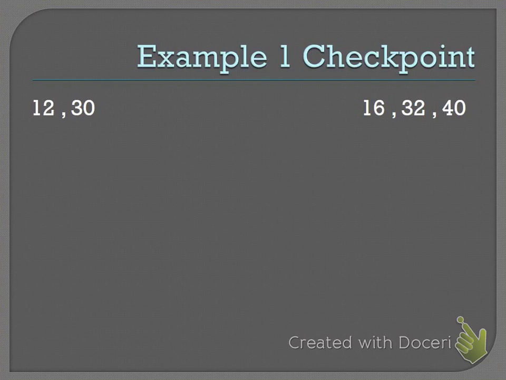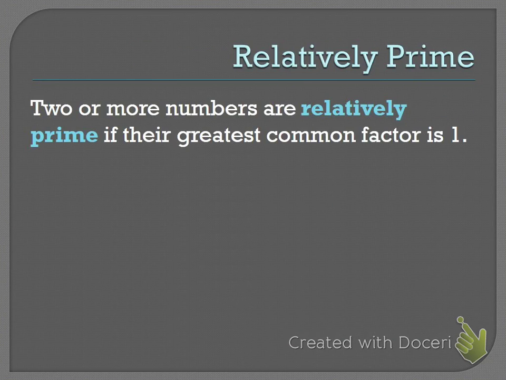However, this method is not practical when we're finding the GCF of really large numbers, like let's say 240 and 360. Well, it's not practical to list factors for numbers that big. So there's another method, prime factorization, that we're about to learn. Before we talk about that method, I want to teach you just for a second what it